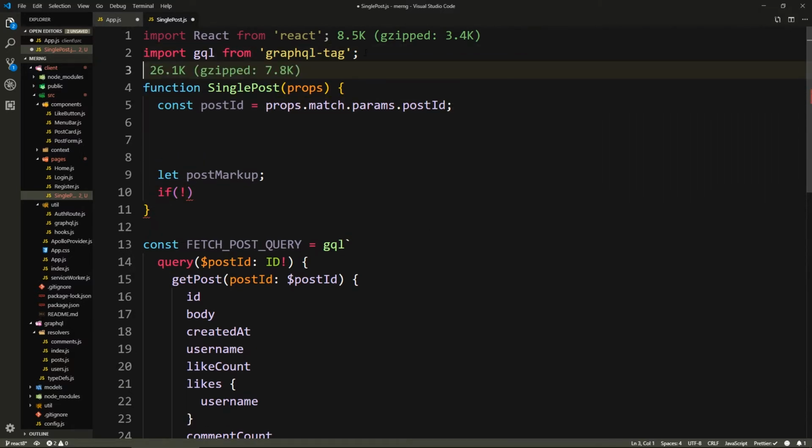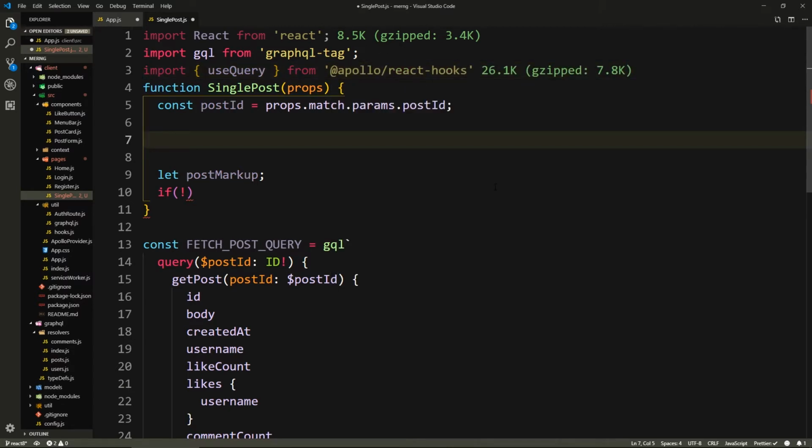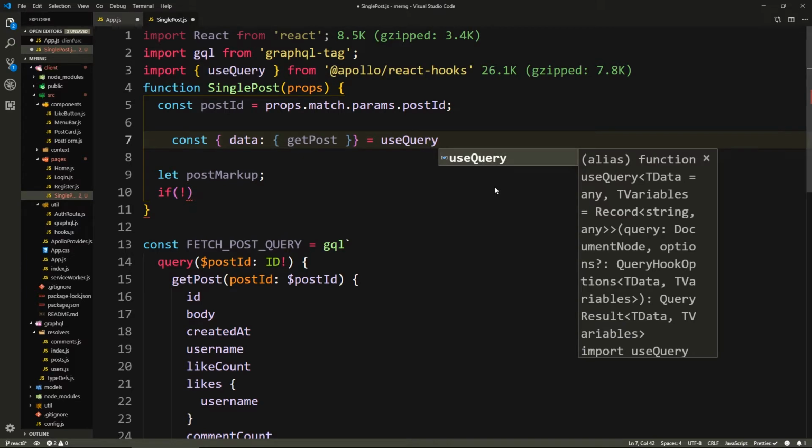So we'll get the useQuery hook. So we'll say import useQuery from @apollo/react-hooks, and here we'll say const, we'll get data, and straight away from that we'll get the getPost field,